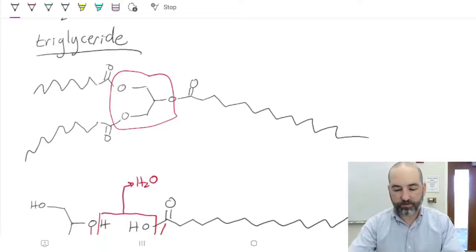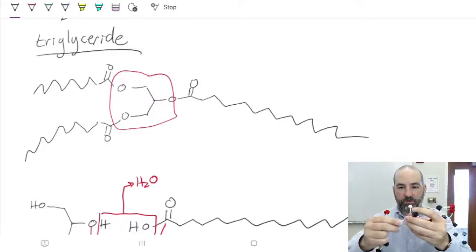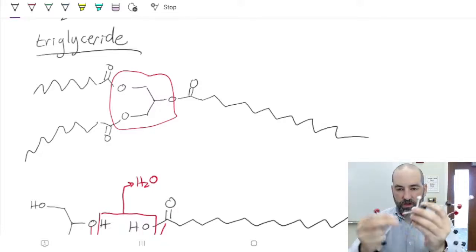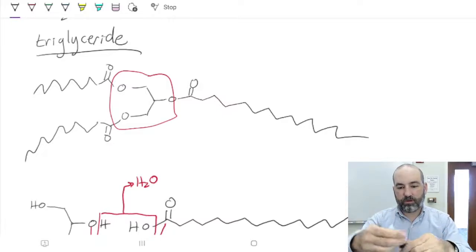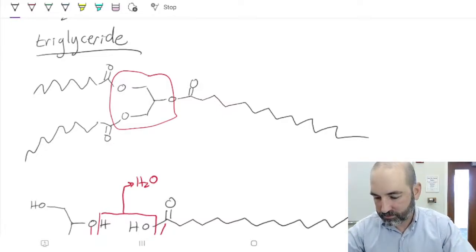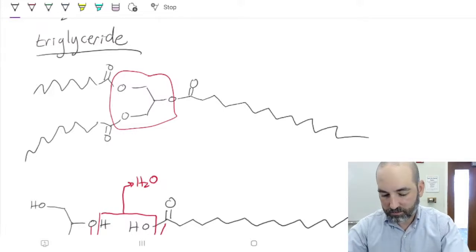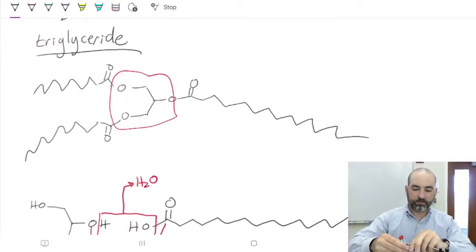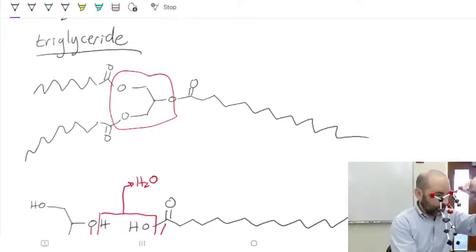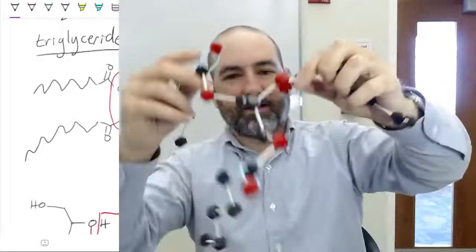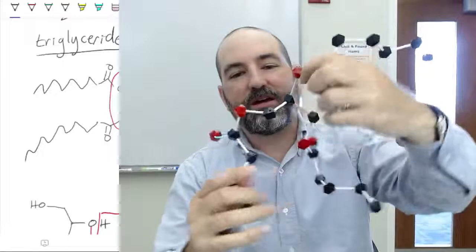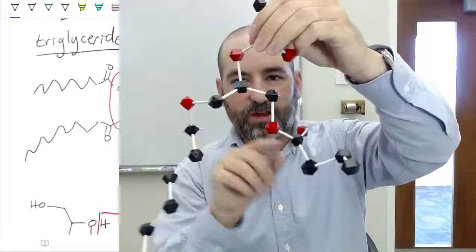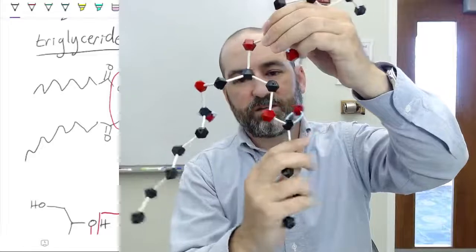So I can do that here. Same thing again, I'm going to remove 2 H's and an O, make my connection, and then one more. Okay, and here we go. Even with just a few carbon atoms that I built here, we've got a pretty big floppy structure, but we can see the glycerol right in the middle here, coming out and connecting to these